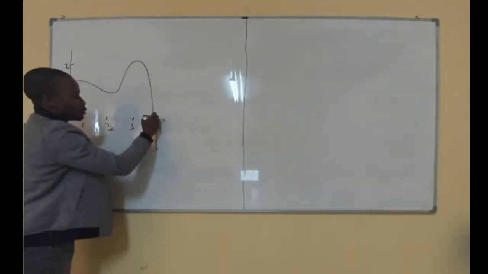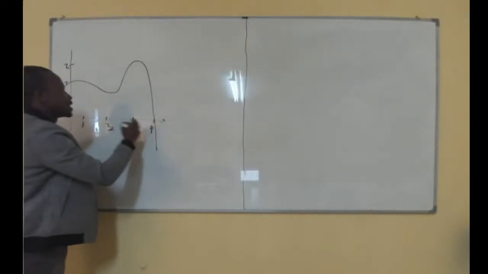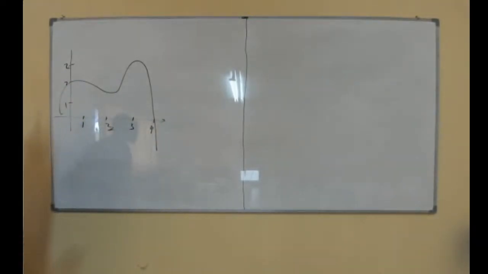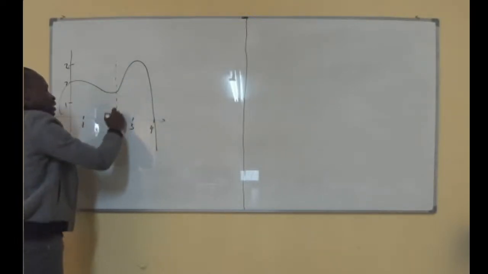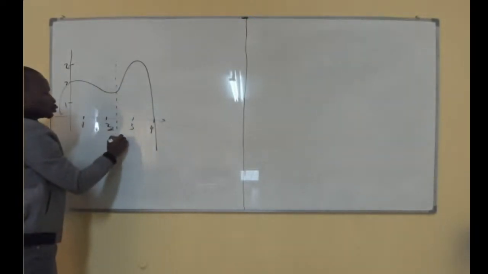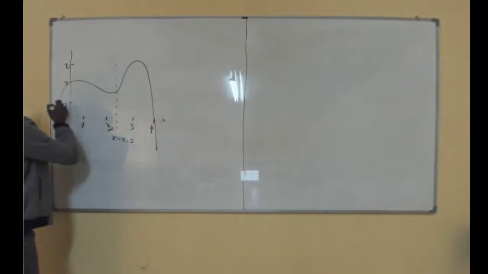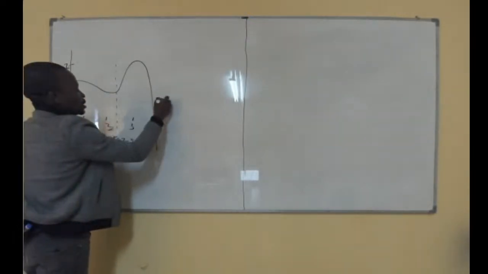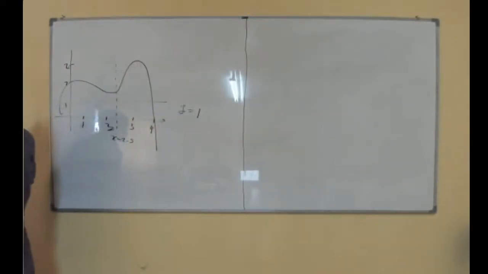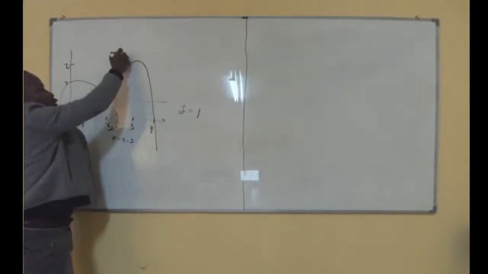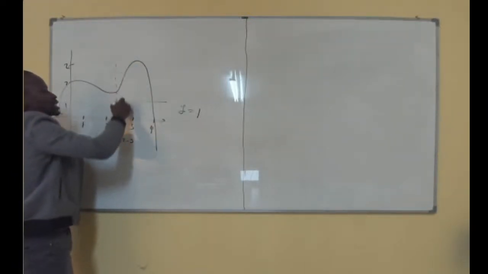Now what will happen is they will ask you to find the area bounded by the line, for example, x equal to 2.5 and the line y equal to 1 and the curve. So what you were doing, I remember in secondary school, is that you sketched this on the